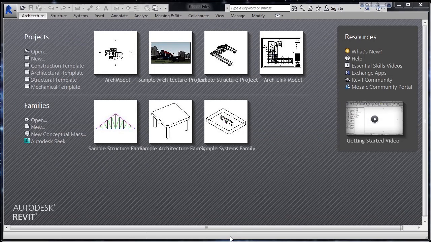Now, if you wanted to start a new project, you can do a couple things. One is, underneath projects, you could click New, where my mouse is right now. If you did that, it would start a new project based on your settings, either from a default template or allow you to choose a template. You can also start a new project from one of the templates listed below New, such as construction, architectural, structural,